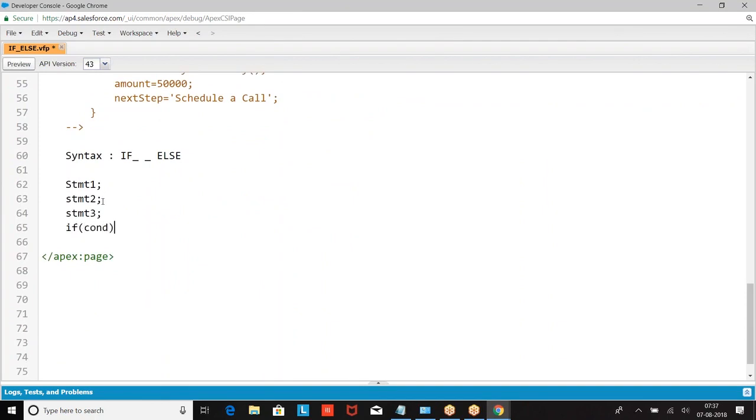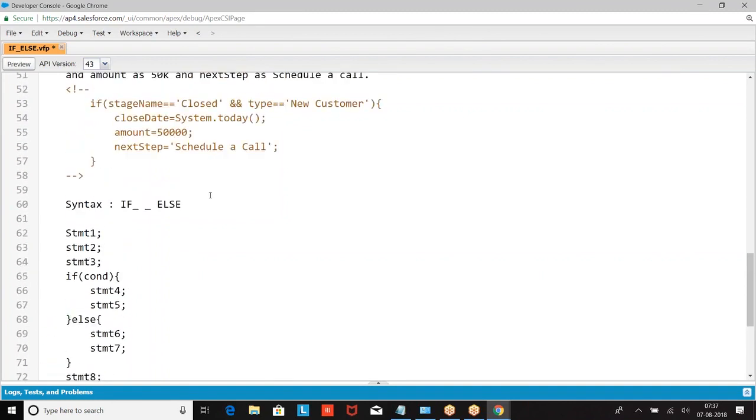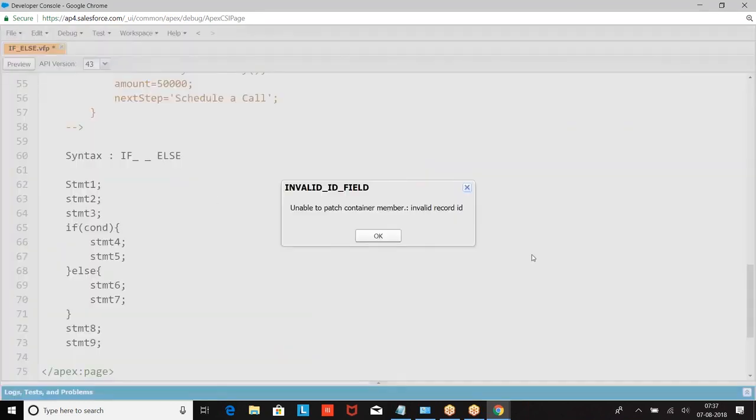If condition. Else. So Diksha, I have a question regarding the output that you displayed. The variables have a scope within the if, but we are displaying them outside of the if.